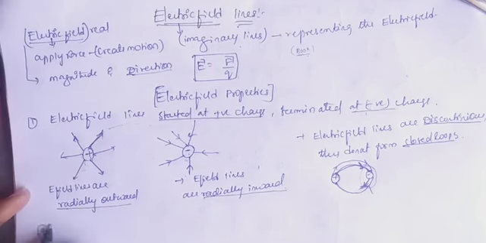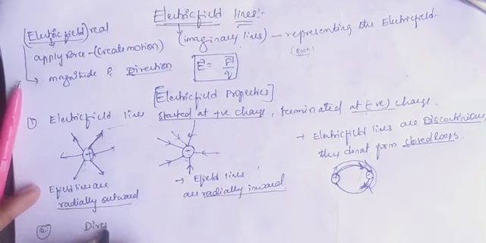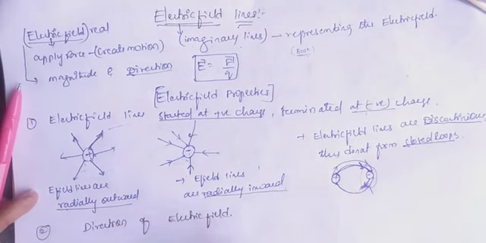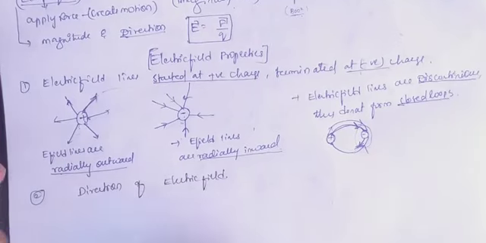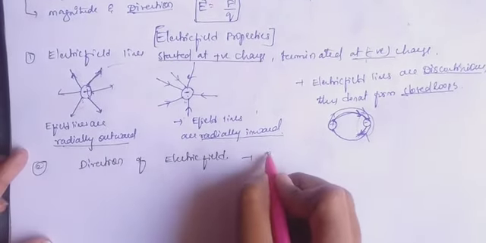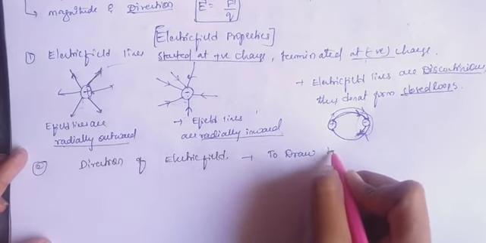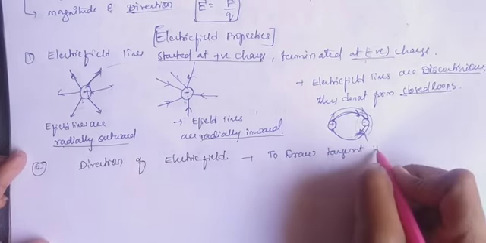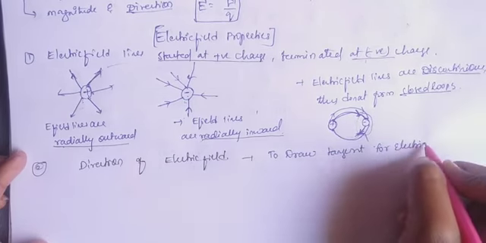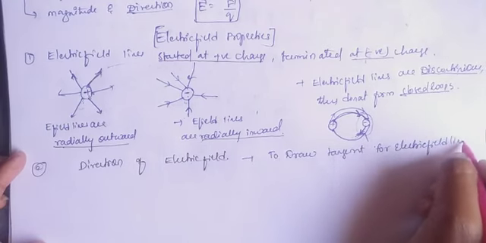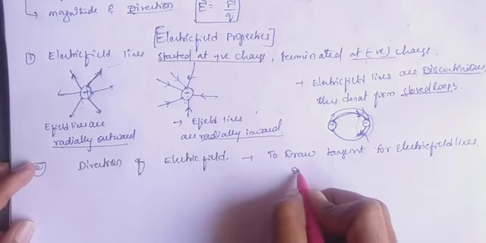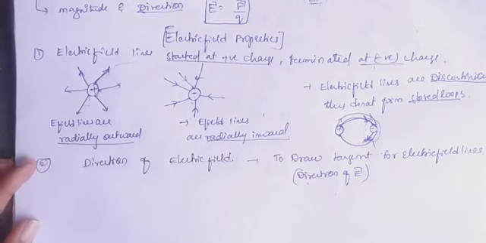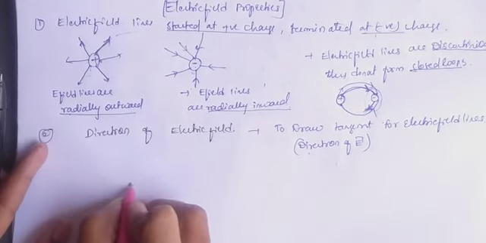Okay, and the next property is how to get the direction of the electric field. For the direction of the electric field, we have to draw a tangent to the electric field lines. Then we get the direction of the electric field. So let us consider here this is a positive charge and here